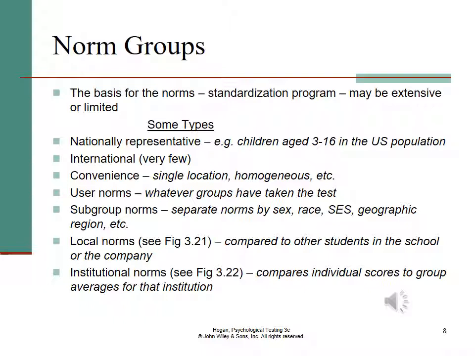When professional test developers are working on a standardization program to develop norms for their new test, if they have lots of money, they will try to get a nationally or even internationally representative sample with people of all ages, genders, ethnic groups, SES groups, ability groups, from rural and urban areas, which is great. But sometimes the test developer is somebody like you and me, and they don't have that option. So they just norm the test on the group of people they have access to, people at HBU or people in Houston.